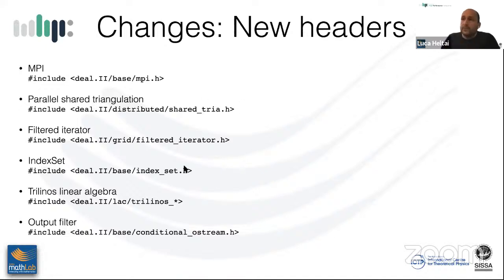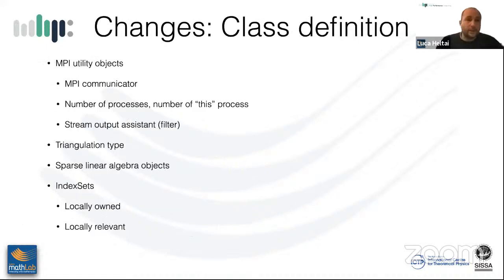We will need to filter iterators. We will need to iterate only on locally owned cells if you want to do mixed parallelization strategies. We will need to have knowledge of subsets of indices which are owned locally in terms of, for example, degrees of freedom, and in terms of vectors, and in terms of linear algebra. We use Trilinos linear algebra, output filters, and so on and so forth. Right? So these are a new set of headers that will be included in the library,